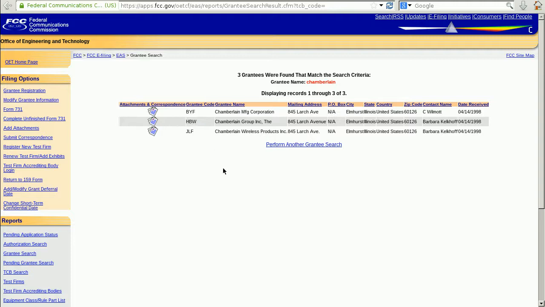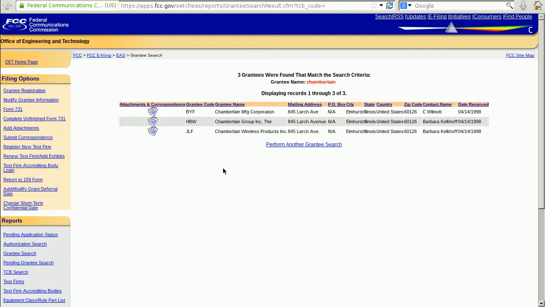This is extremely useful if you're trying to find information about a product and you don't know what the FCC ID is, but you do know who manufactures it. You can look up that manufacturer and find a grantee code. Unfortunately, this doesn't work every time. Sometimes you'll find that the name of the company that you do know is not listed in the database as a grantee, but there's some company that you don't know that is listed, and the equipment you're looking for is